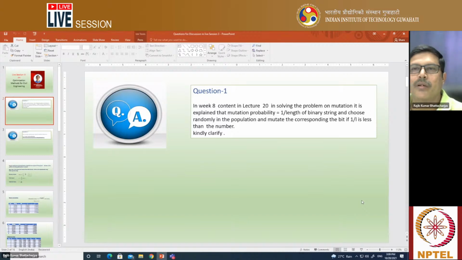The first question is related to multimodal functions. When we discussed the application of genetic algorithm on multimodal functions, we also discussed how to select the mutation probability. Somewhere I discussed that mutation probability should be 1 by the